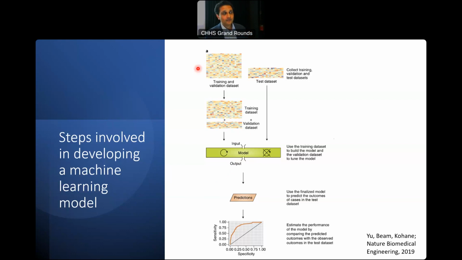You put that input into an algorithm or a model which learns associations and patterns from that data. And once it's developed, it's getting more consistent results, then you can validate that to try and fine-tune the model. Once you're basically getting very consistent outputs from that model, then you test that against a test data set. Okay, so then you're comparing what the predicted outcomes are based on your historic data set or your validation data set against what the actual outcomes are in the test data set.